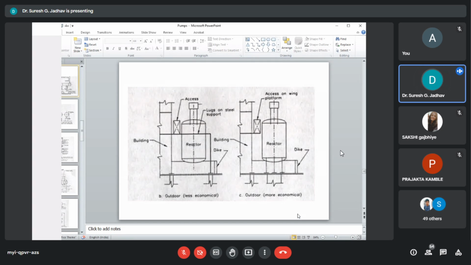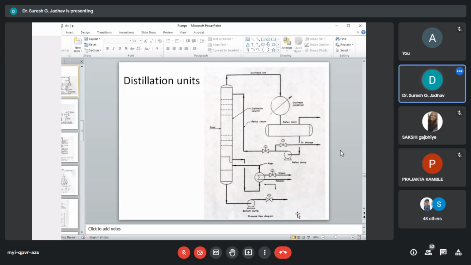When we install the reactors, there is a less economical and a more economical way. Based on that, we can define the structural arrangements as more or less economic of installation in the process industry or petrochemical industries. Now next